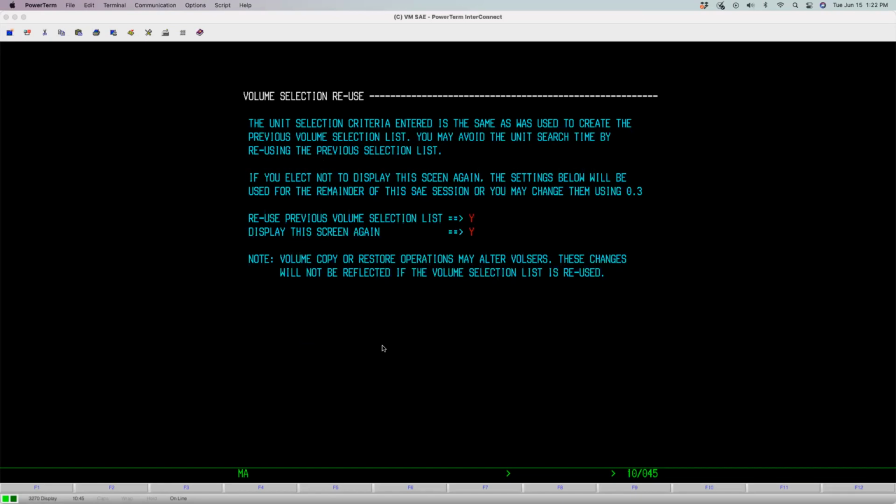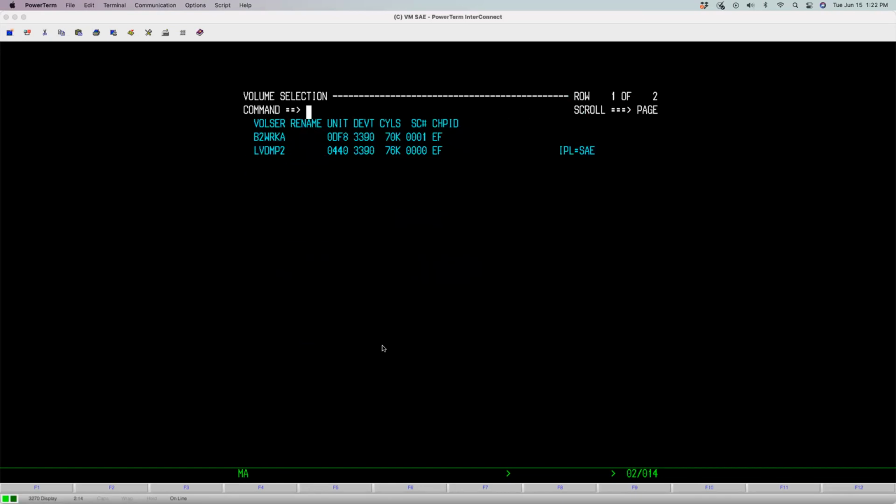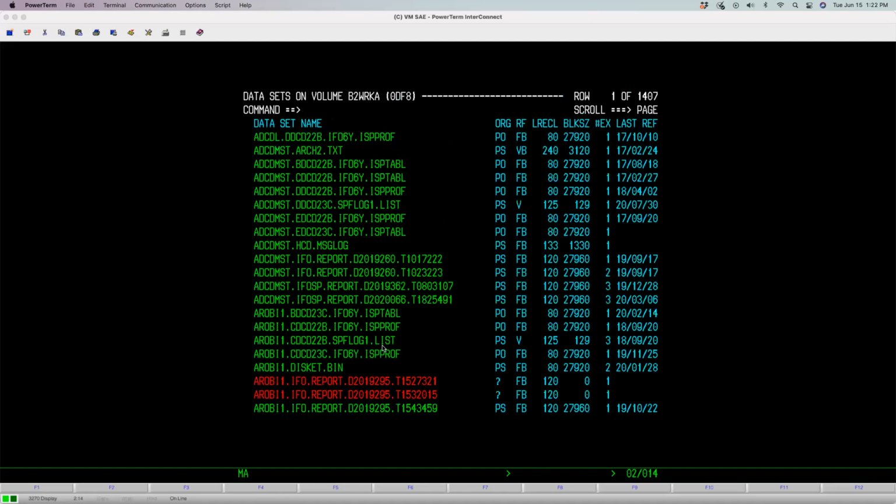And this is the panel. Again, we could set this up in the options where I want to reuse the prior lists. In my case, it makes it easier, so I don't have to go through that search criteria again. So what are some of the other things we can do here? If I go ahead and select this one again, one of the things that I maybe want to do